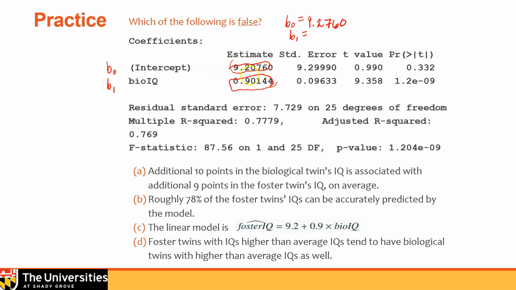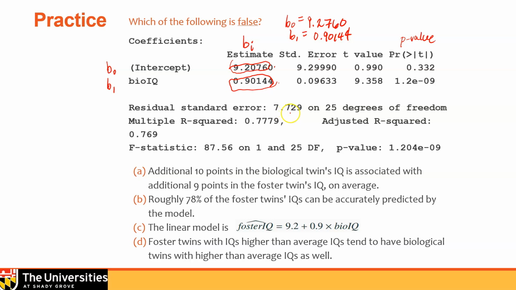This is giving me the estimate of my parameters. This is giving me a standard error in my estimate for the parameters. B sub 1 is 0.90144. And then what I also see here is a t-value related to my estimate. Doesn't this sound familiar? And a p-value, the probability of seeing something that's greater than our t-value. We'll come back to that in more detail. So just pointing things out here.